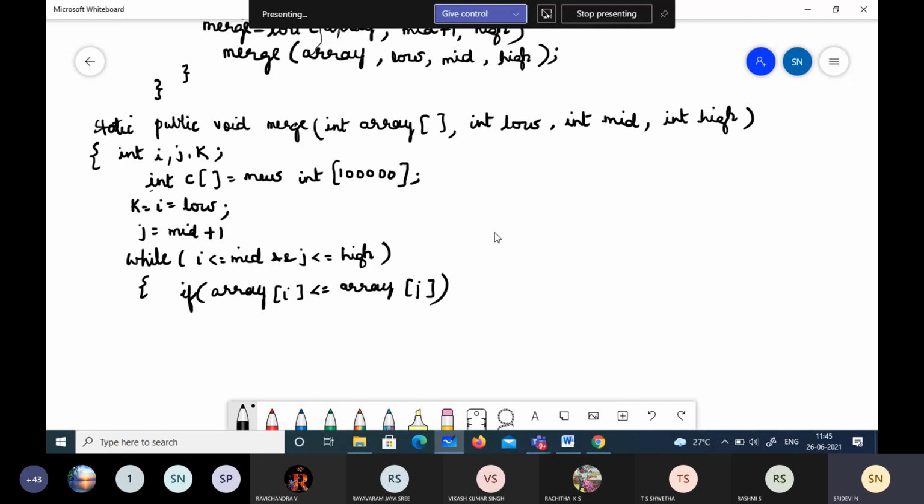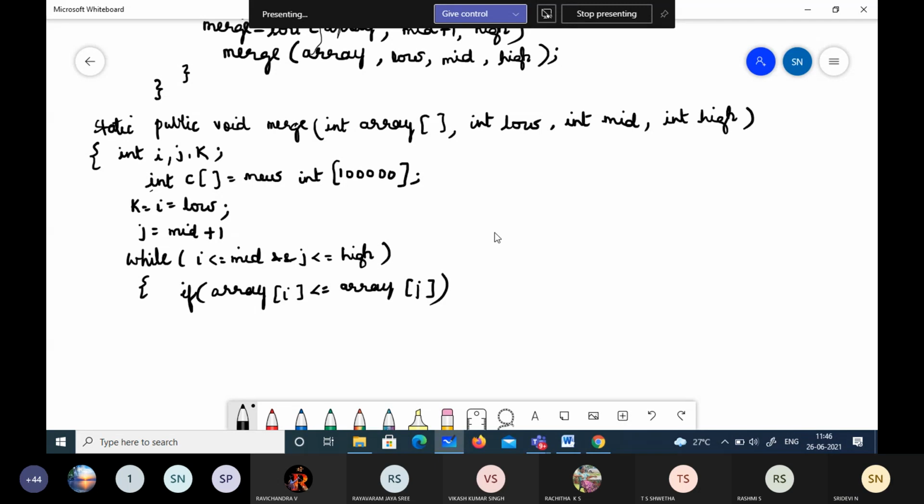You have to answer. It's an interactive session, isn't it? C is an array which holds the sorted elements.